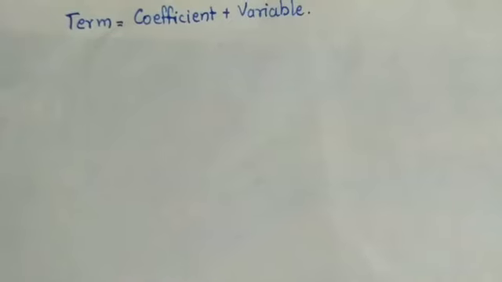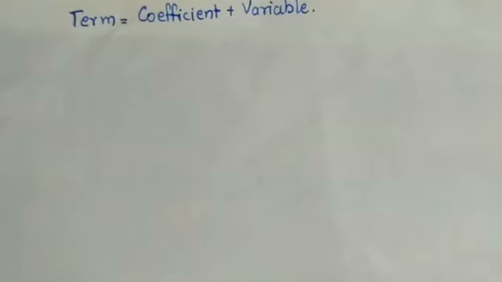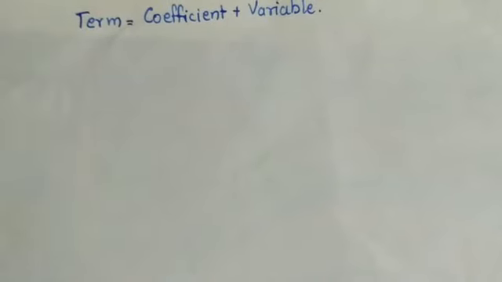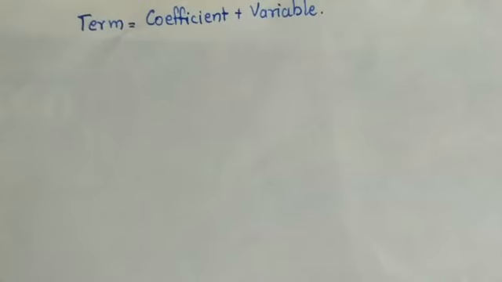Now first we will understand the meaning of the quadratic equation. For that, the basic term. You have already learned the linear equation in the first chapter, but we will just revise it for our convenience. The linear equation is also made up of terms. Now what is a term? A term is a coefficient times a variable. Coefficient means a number and variable means any small alphabet from a to z. Together combined it makes a term.